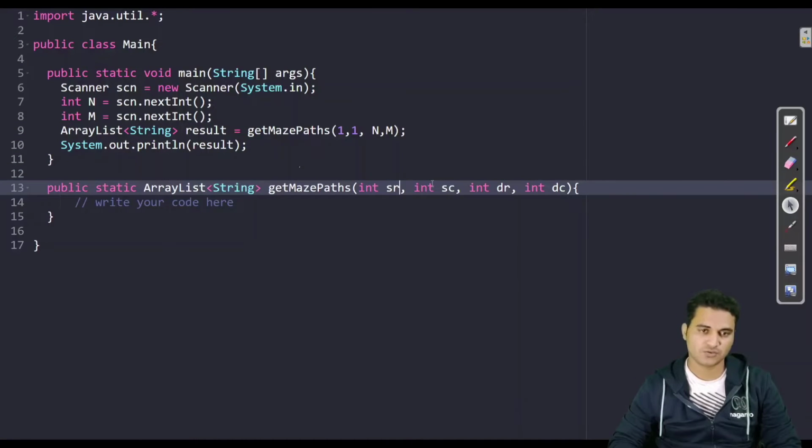Destination row actually. So source row is 1, source column is 1, destination row is 3, destination column is 3, fine. So here you can directly see we have passed 1 comma 1 here, n is 3, m is 3, and these numbers can be anything. Now what we have to do,